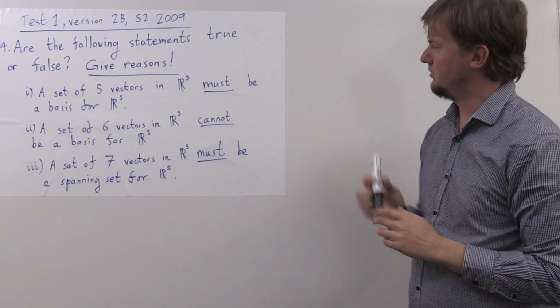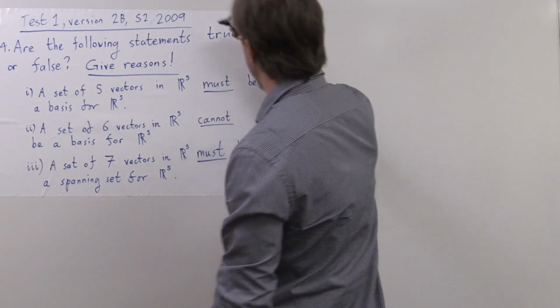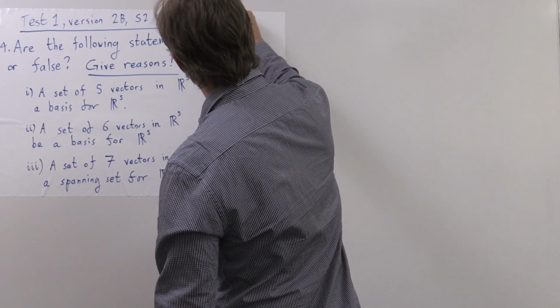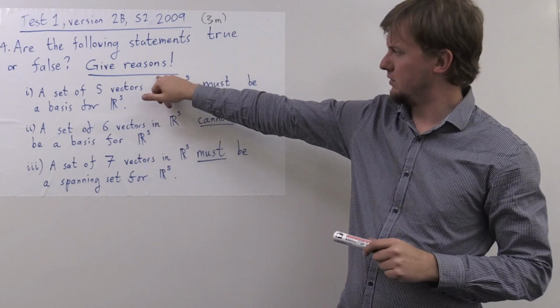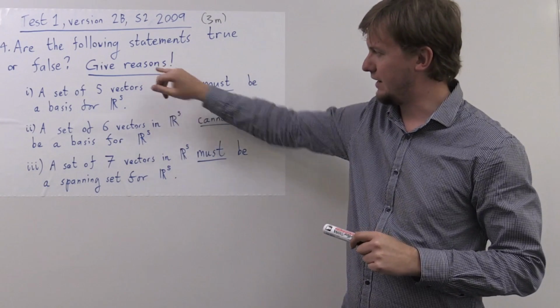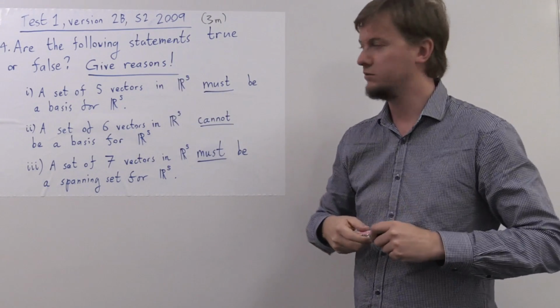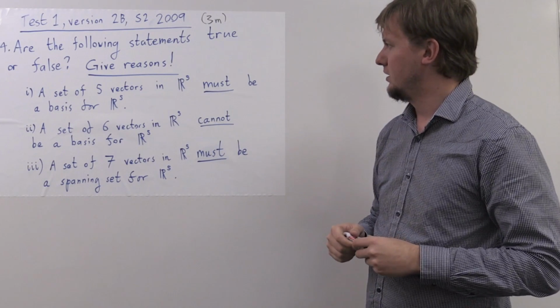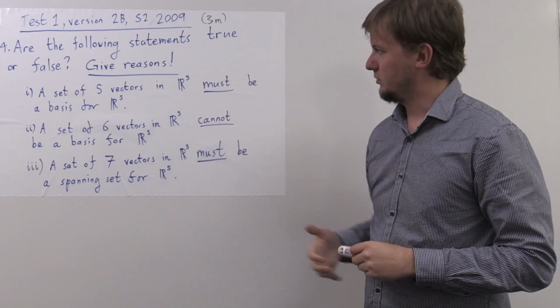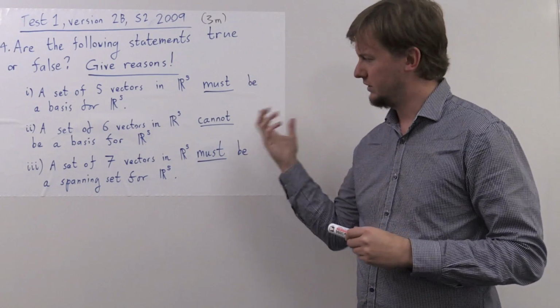Alright, so this is actually another 3-mark question. There are 3 parts, so I guess 1 mark for each part. Again, like all the questions we've been talking about, you have to be explaining yourself. This is a true-false question, but true-false with reasons. So we just want to look at these statements, decide whether they're true or false, and give a reason why